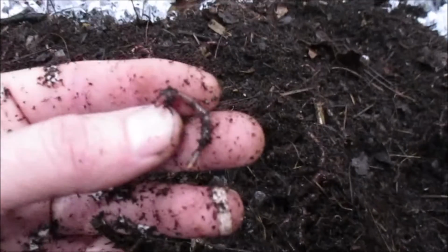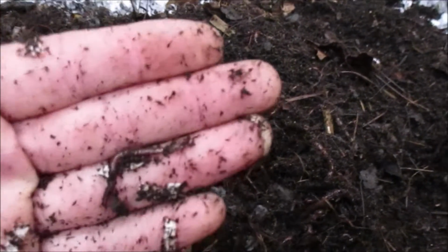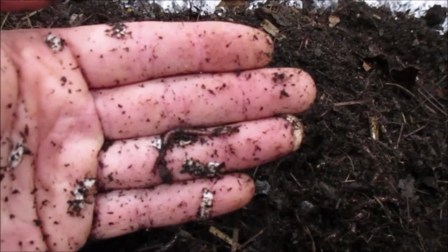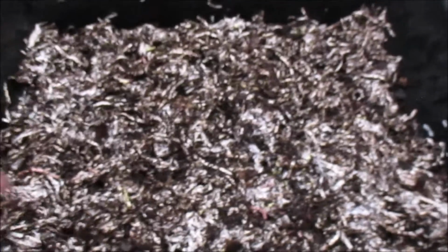So yeah, this came straight from an outdoor windrow. So it's basically, you know, Midwest Worms took it from their worm farm, and then you get to take it and start your own worm farm with it. So everything that I had in there, I mixed together with the wet bedding,